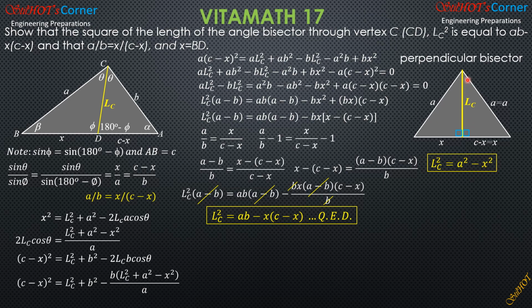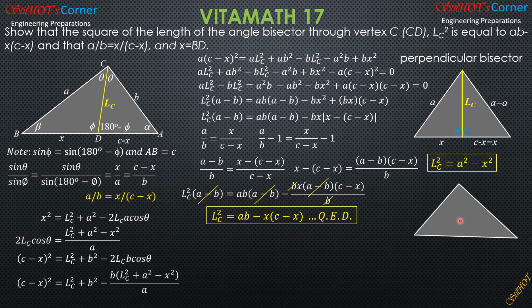Or simply, you just interpret that as this right triangle, so the square of this leg is equal to the square of the hypotenuse, which is A in this case, minus the square of the other leg, x square. So there's no need to memorize that and to worry about that, because that is true for this isosceles triangle. Then another way is, remember, for the altitude drawn